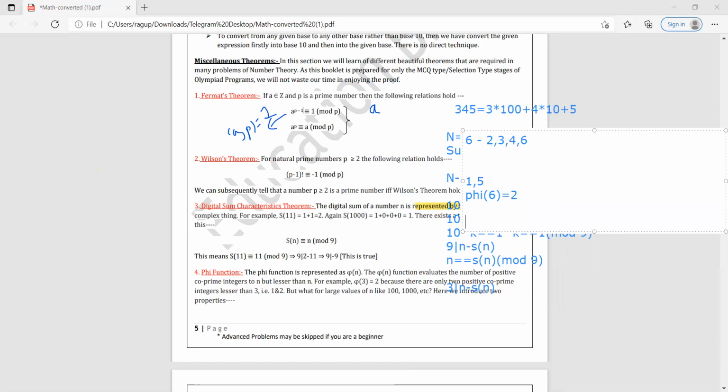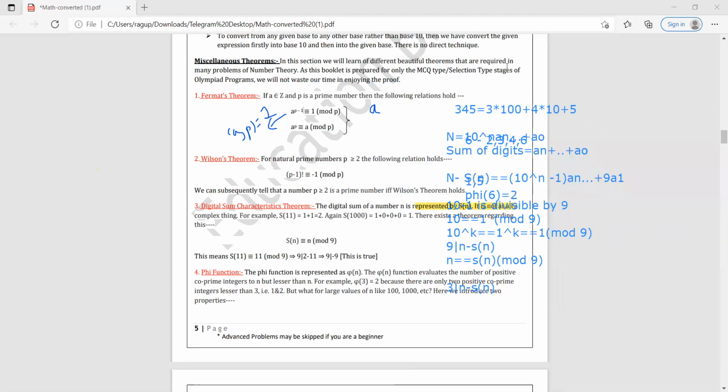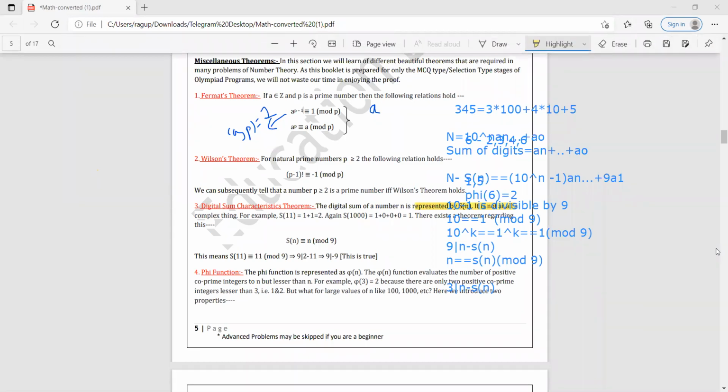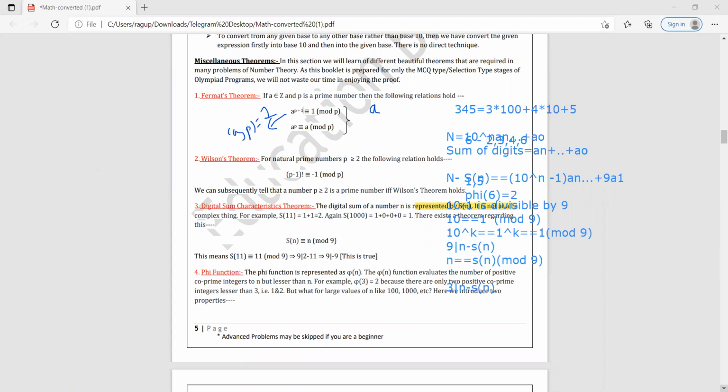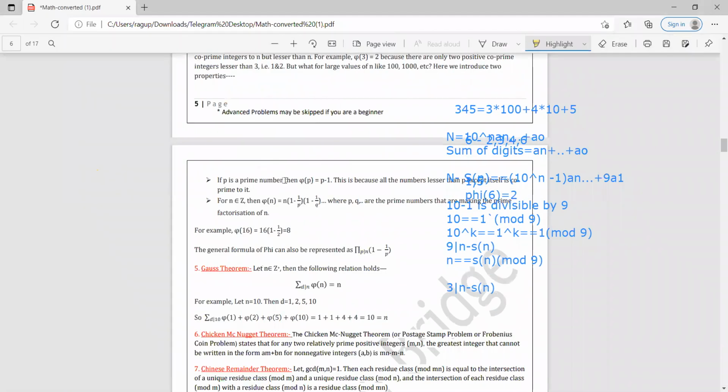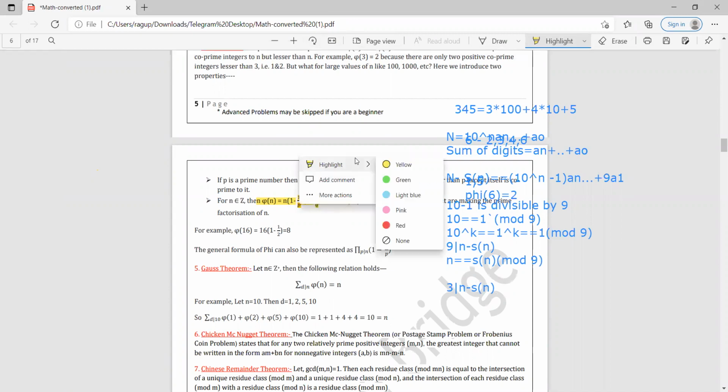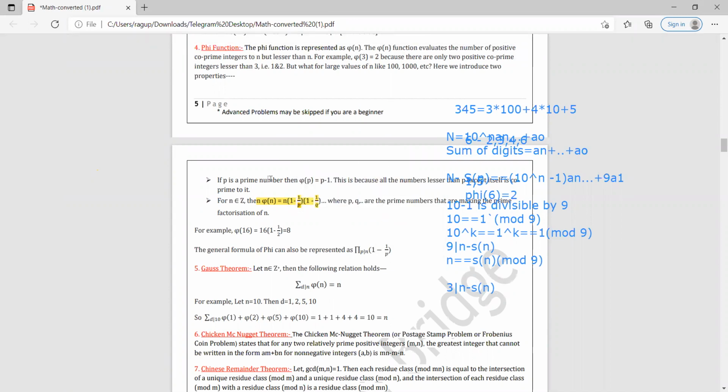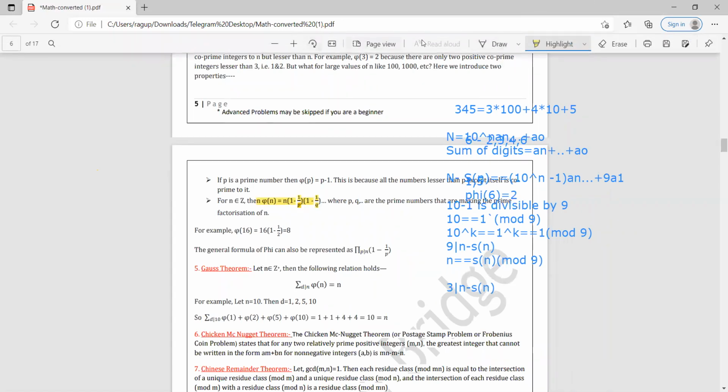And what about in general for all numbers? How can we calculate it? There should be a fast way to calculate, isn't it? So here it is. Phi of n is n into 1 minus 1 upon p, into 1 minus 1 upon q. You can try it and prove it yourself. Comment down your proof of this, phi of n is equal to n into 1 minus 1 upon p. I'll help you.